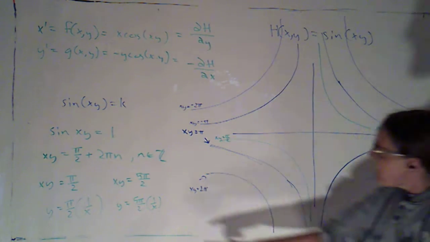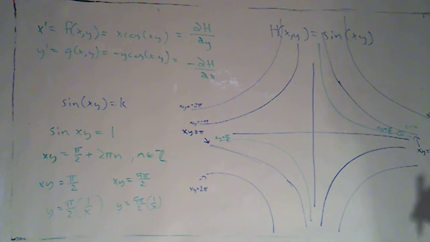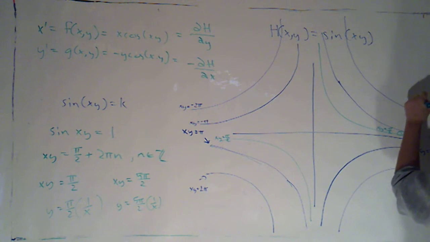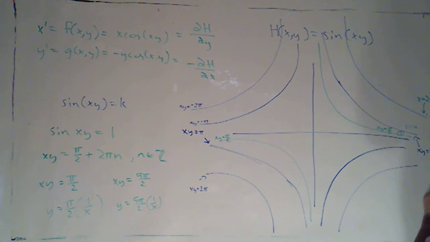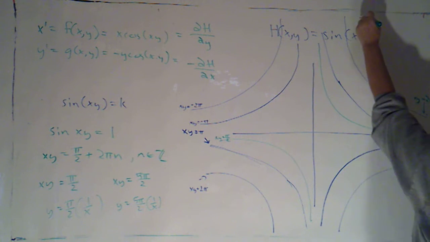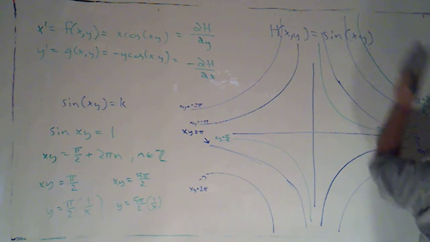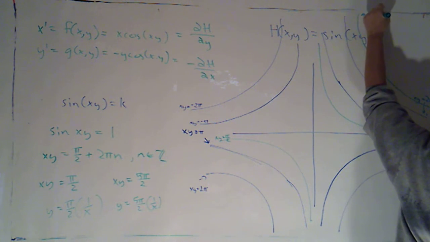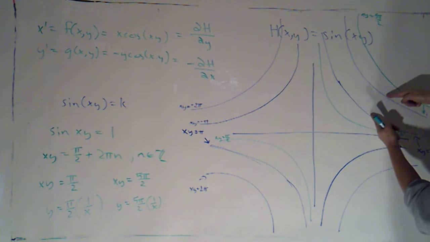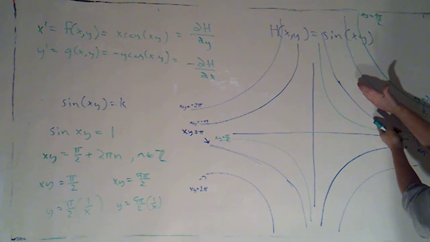But notice, 5 pi over 2 is bigger than 2 pi. So if this curve was xy equals 2 pi, 5 pi over 2 is going to be above that. So that's xy equals 5 pi over 2. Okay. So you'll notice I've got these two consecutive level curves for 0 where I won't have a green curve